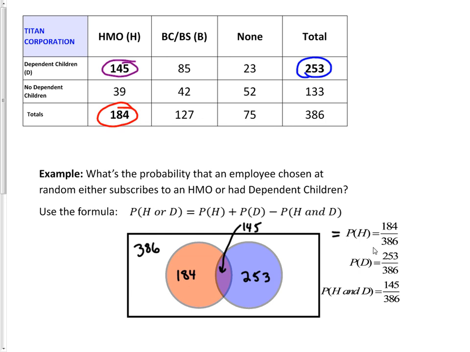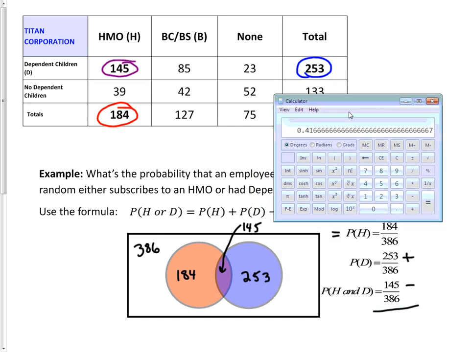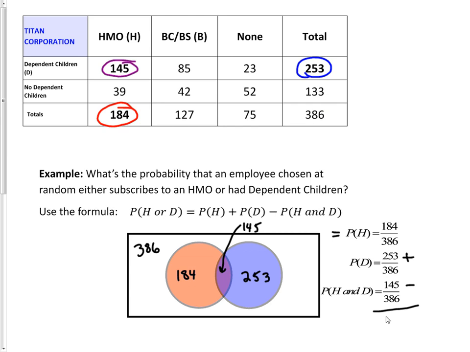So we avoid counting them twice, right? So if we were to add these up and subtract this away, here's what would happen. Of course, we would have 184 plus 253, and then we take away, right, we would have 437 if we just added them, minus 145, and that means that we have a total of 292